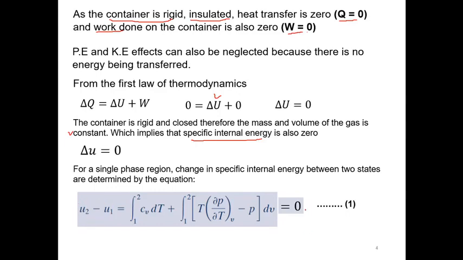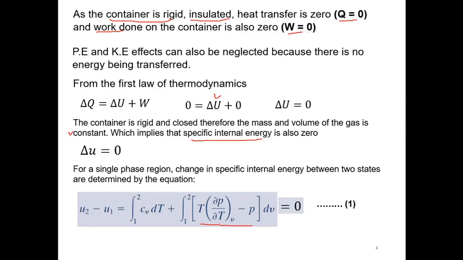So this was the relation that we derived in a previous lecture. The change in internal energy for this example is equal to 0. That means in order to calculate that value, we need the value of the first term as well as the second term. Now the second term is basically T times partial P by partial T at constant volume minus pressure. First of all we need to calculate this term, and this is only CV.